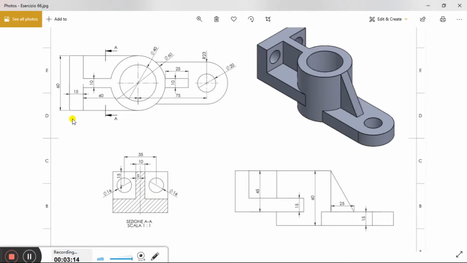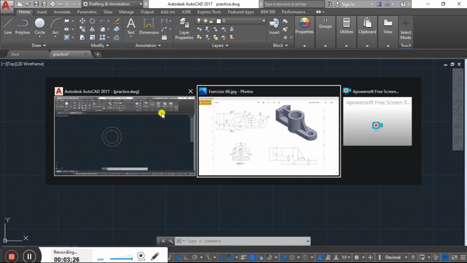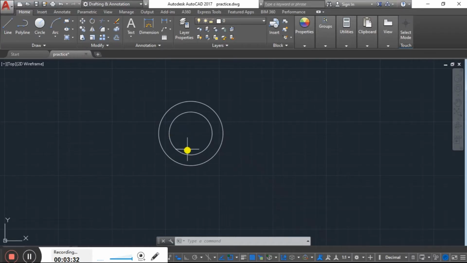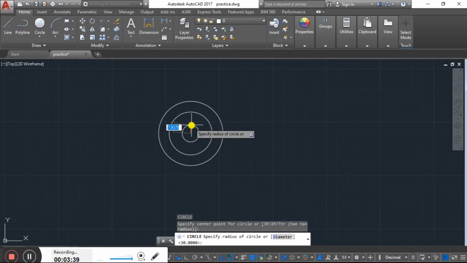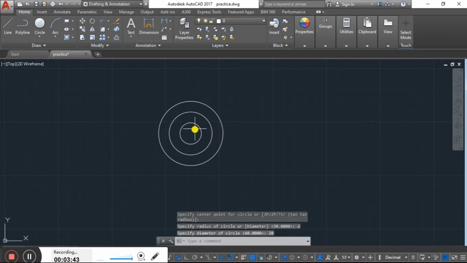Proceeding further, we have a circle here with diameter 20, at a distance of 75 from the center. What we will do is place a circle of diameter 20 here first and select it with the green window.